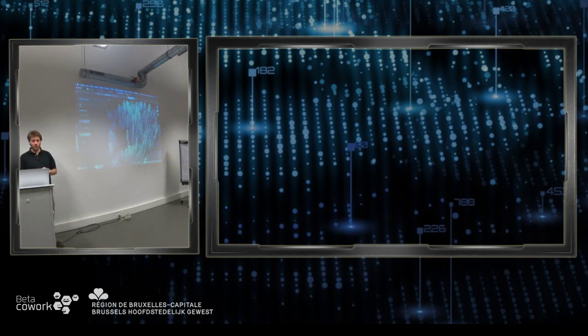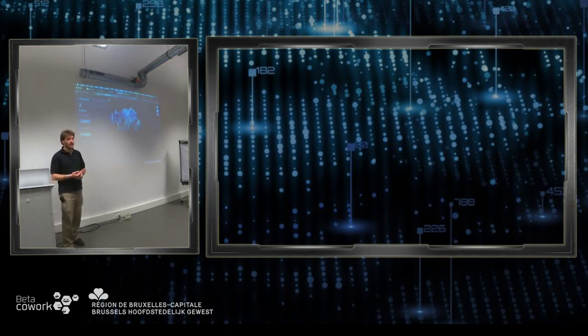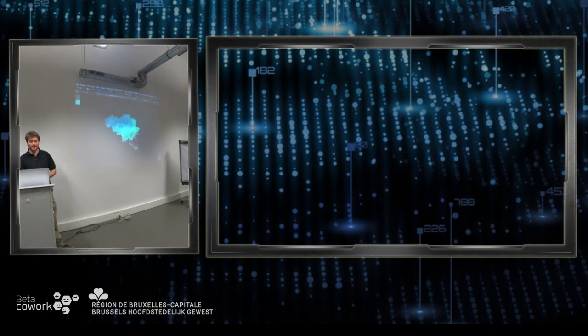So what I want to show you here is a very interesting data set, which, at least in Flanders, is completely open data. It's a so-called Lidar data set.